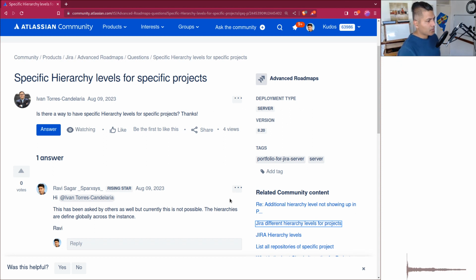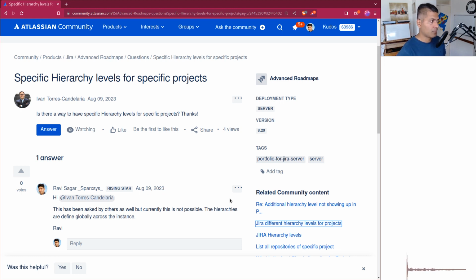Hello everyone. So there was an interesting question on the community about hierarchies in Jira. Now, if you're using Advanced Roadmaps or thinking of using Advanced Roadmaps, then you will be creating hierarchies. Usually these hierarchies are something that you create and define in your Jira instance after, of course, some discussion in your organization on how you want to use a tool like Jira. Now, the thing is that if you are using these hierarchies, then they need to be defined globally